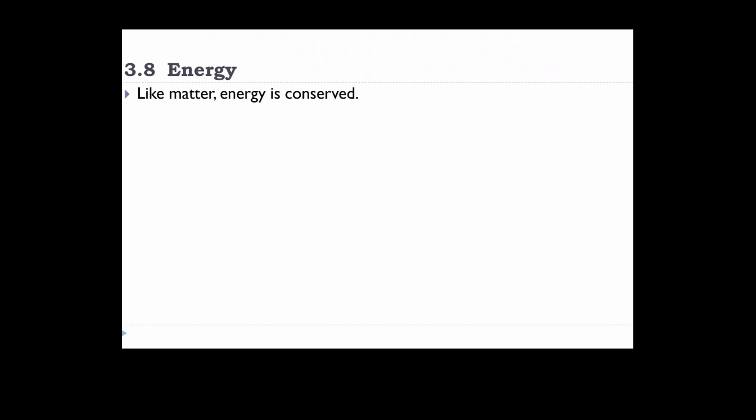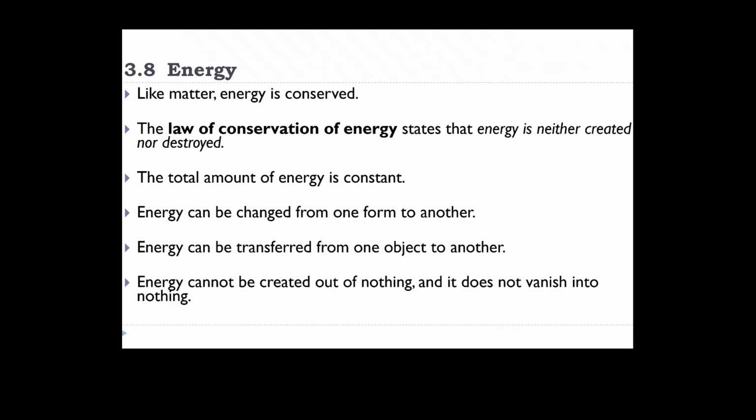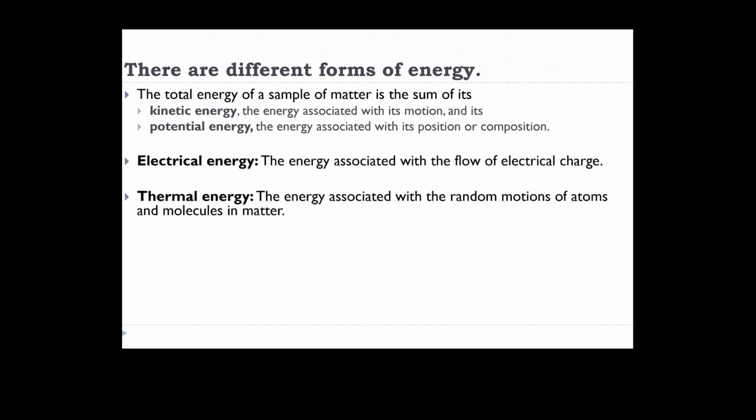So there's all these different types of energy that can be transferred from one form to another, right? Energy is a conserved thing. You can't create it or destroy it, but you can change its form, okay? Or another way to say that is the total amount of energy in the universe is constant, right? So can't create it, can't destroy it, but we can convert it from one type to another. We talked about kinetic and potential energy. We talked about electrical energy.